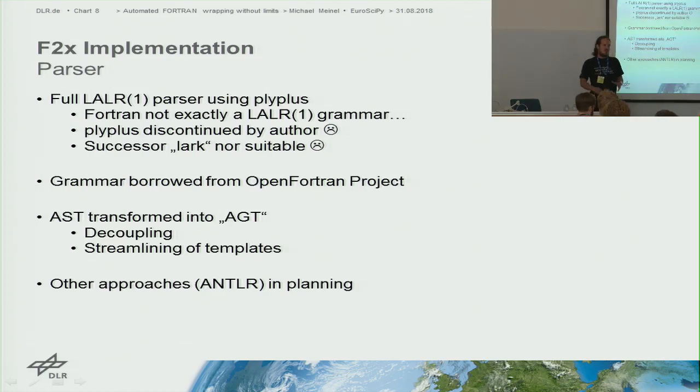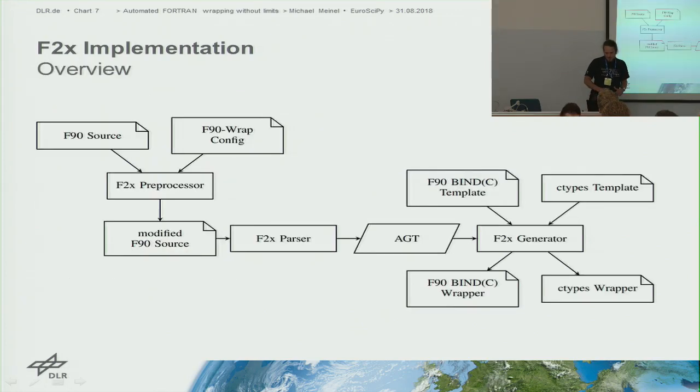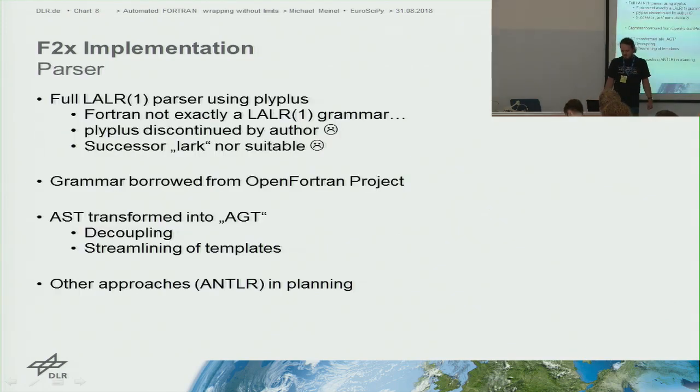And in the end, I don't use an abstract syntax tree, but the generation tree. On the one hand, I wanted to decouple my generation part. As you can see here, I want to decouple this part from this part with a model which is more abstract than an abstract syntax tree I get from a specific parser. And also, this helped streamlining the templates, because I only have to put things in the tree that I really need for generation. Yeah, as I said, I'm planning on incorporating other parser components. I'm looking for a student for doing this, but it's not that easy to find students which have enough background in compiler theory.